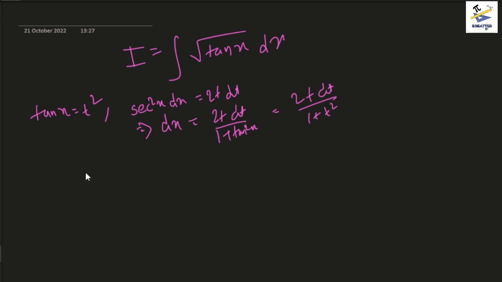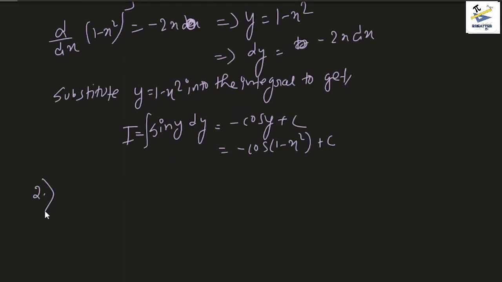And therefore the integral becomes 2t square by 1 plus t to the power 4 dt, right? Now how to solve this problem, that's something we would see, and for that we will also need some of the basic tools to solve this problem. So you can watch the basic tools of integration there, and from the next sections we will learn how to solve this. The next example would be something like